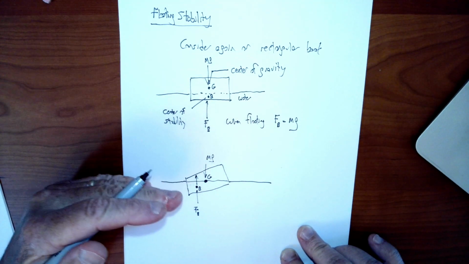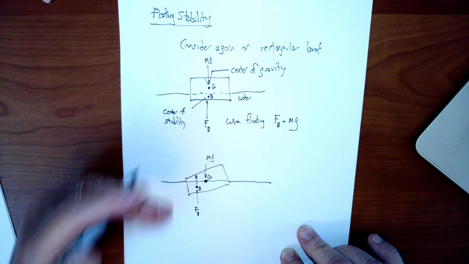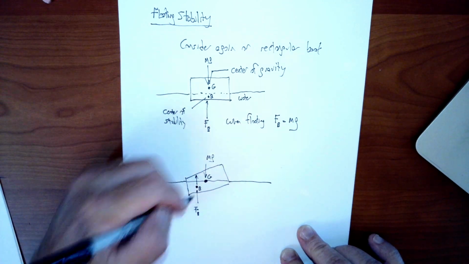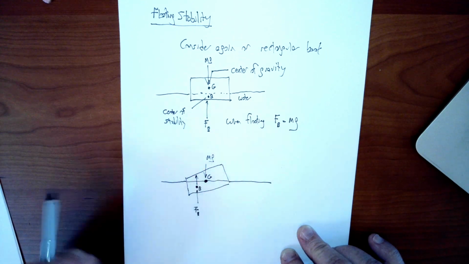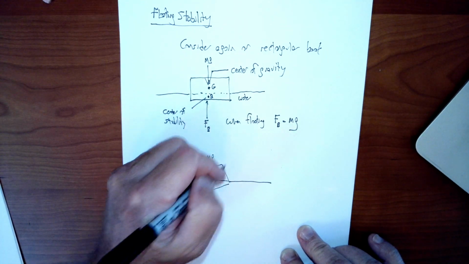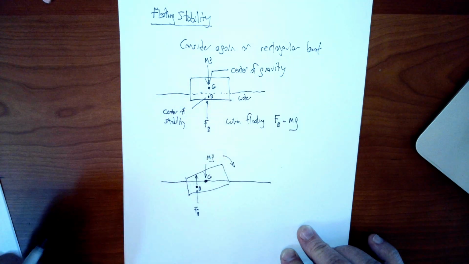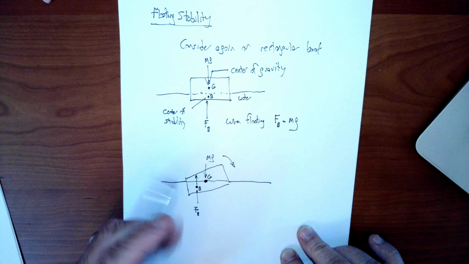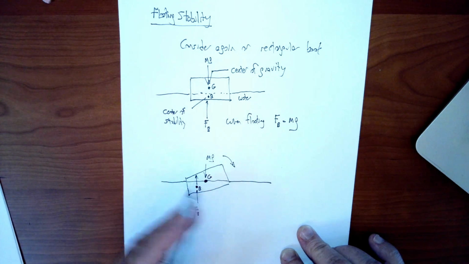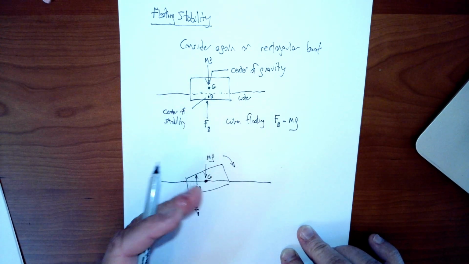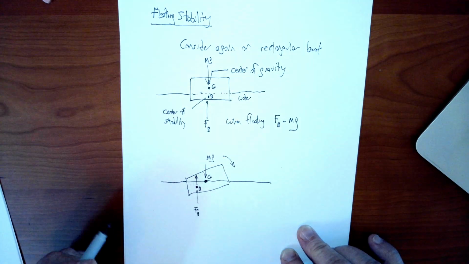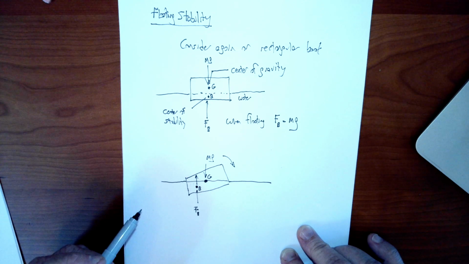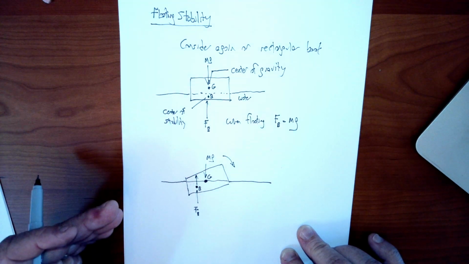The same amount of the boat is going to be submerged. The magnitude of the buoyancy force is not going to change, but the position of its effective application has changed. It's shifted out here to the left. And that's going to cause the boat to rotate back this way, as you can see. The way the net moment is acting is going to cause the buoyant force to shift left, and that's going to push the boat back to its equilibrium upright position. So this picture as drawn suggests that this boat, as I've drawn it, would be stable in this configuration,